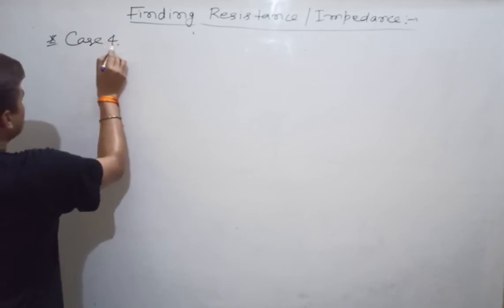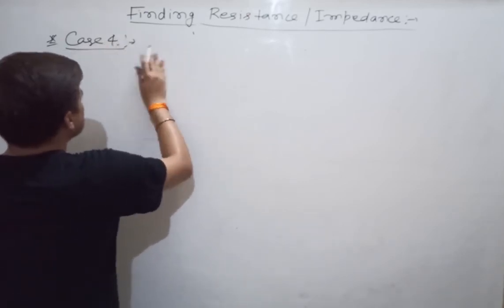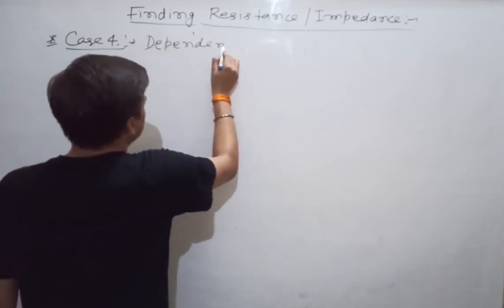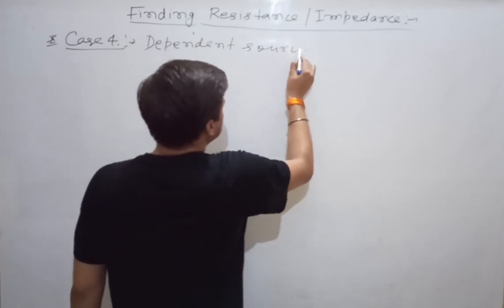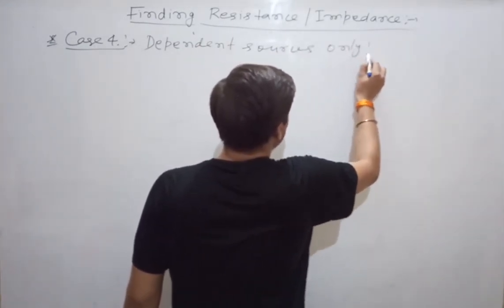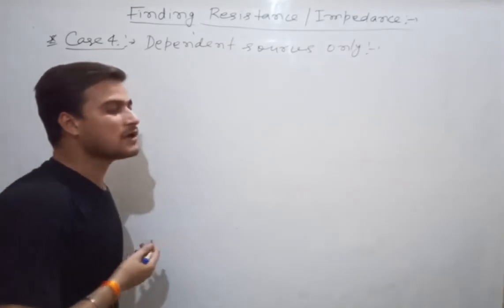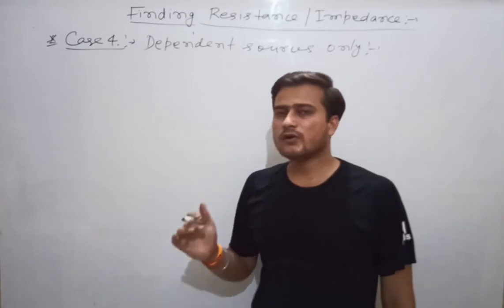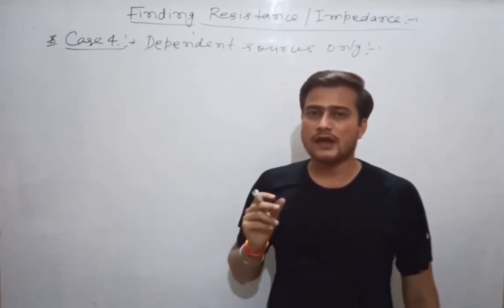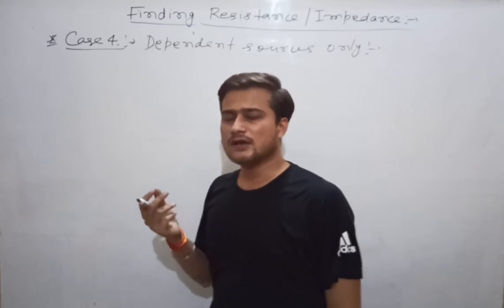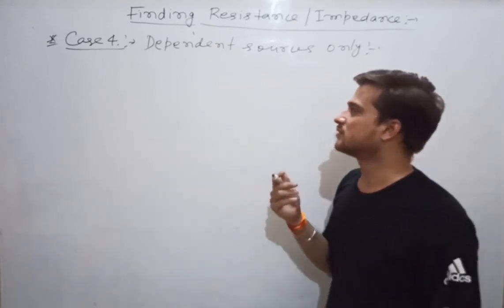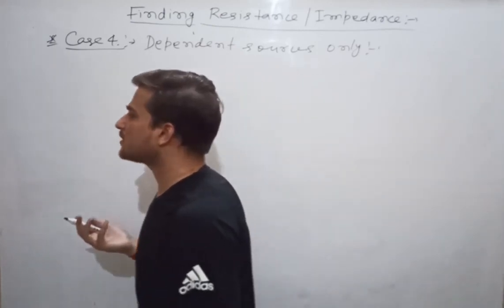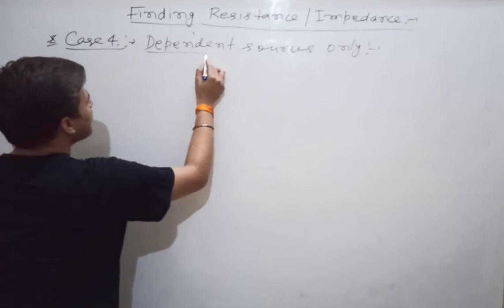Case 4, dependent sources only. So if only dependent sources are present, then what will you have to do? In the previous case, independent sources were present, so first you had to deactivate the independent source. Now here independent sources are not present, so there is no need to deactivate them. Simply, what will you do? You will place